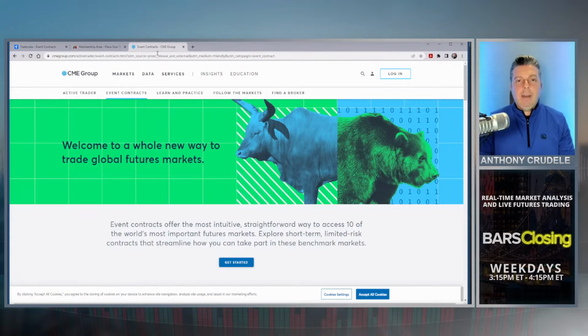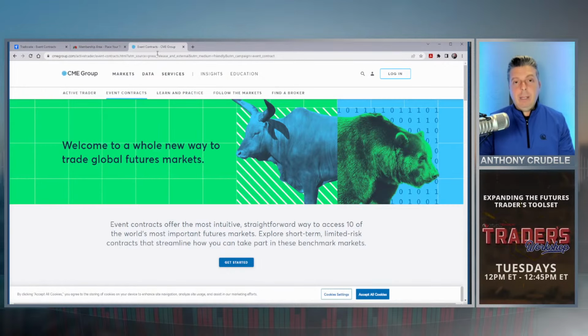But to learn more about these event contracts, which are daily options, which is really cool, there's a new announcement this week. Pretty much all of us at Place Your Trades are using the event contracts app through Tradovate. To learn more about what's been going on, you go to cmegroup.com/eventcontracts. And like I said, the new announcement this week is that they added strikes. So these are daily options on these contracts.